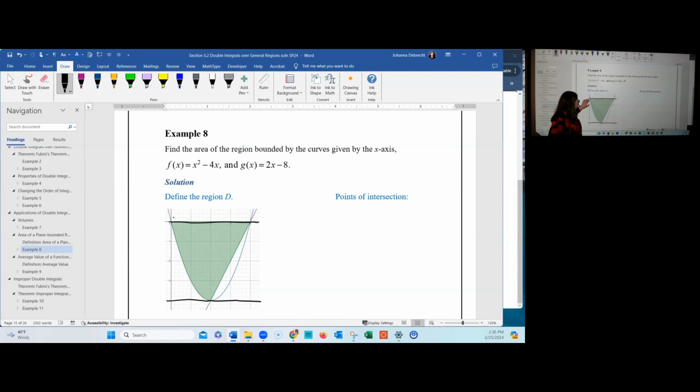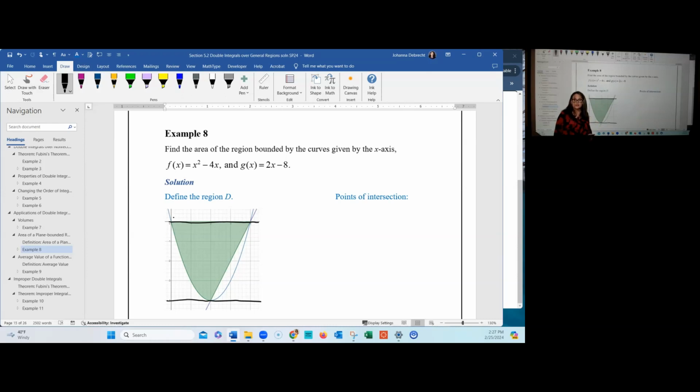In this particular case, I always have the left arm of the parabola on the left side and the line on the right side. I think that this problem would probably be easier to do as a type 2,